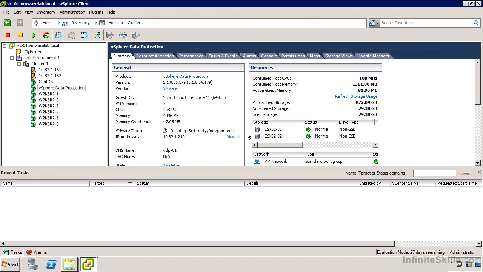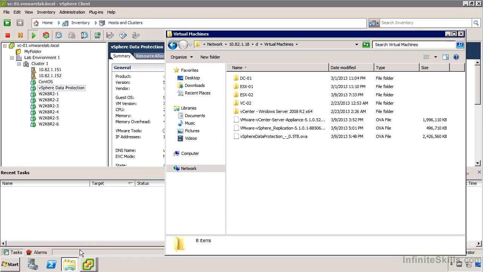Now, depending on the size of backups that you plan to take, there's different versions of this appliance available on the website. So if we take a look in the folder where I put them, we'll see that I've got a file called vSphere Data Protection 0.5tb.ova. So what that's going to allow us to do is back up to 500 gigabytes of data inside this